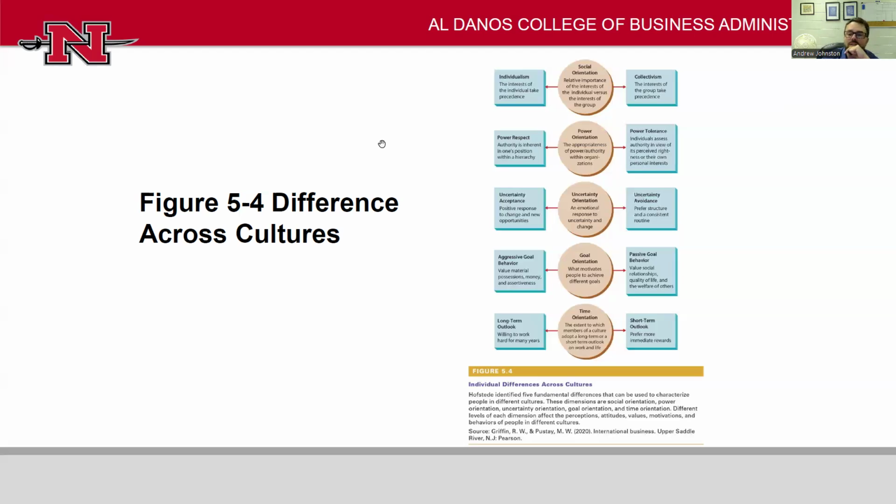You have what's called uncertainty acceptance. Some cultures have a higher risk appetite than others. Some cultures might put a high value on avoiding uncertainty. You certainly see this with working cultures. In France, the unions promote very low risk. If you get a job in France, they say you've kind of got it for life. It's like being a tenured professor.